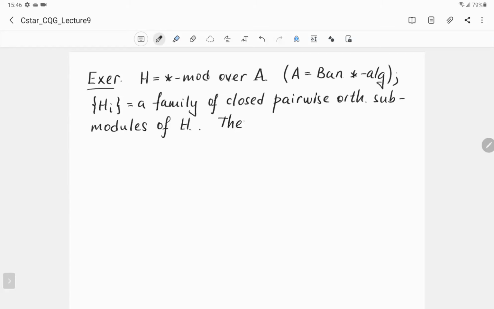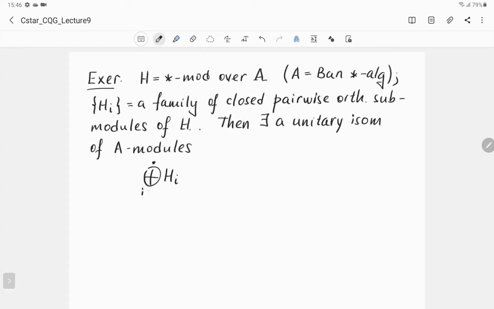Then there exists a unitary isomorphism of A modules between the Hilbert direct sum of this family and the closure of their algebraic direct sum within H,